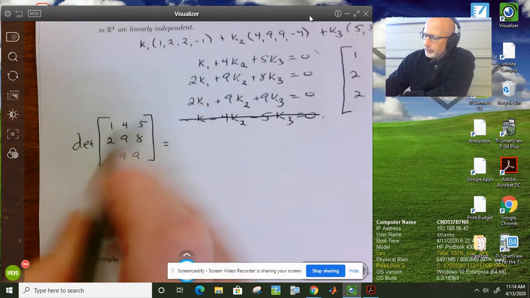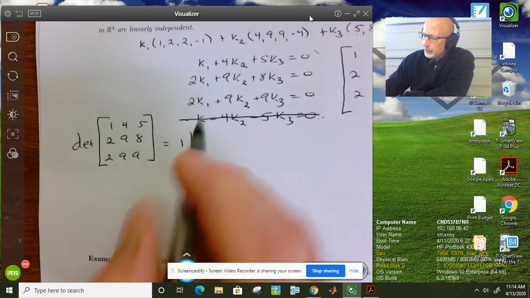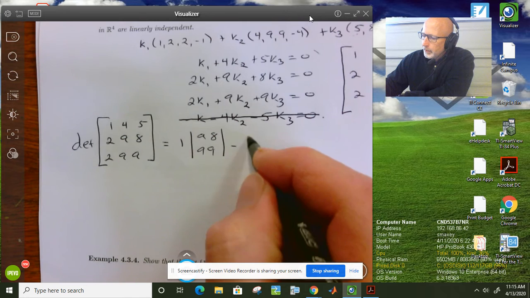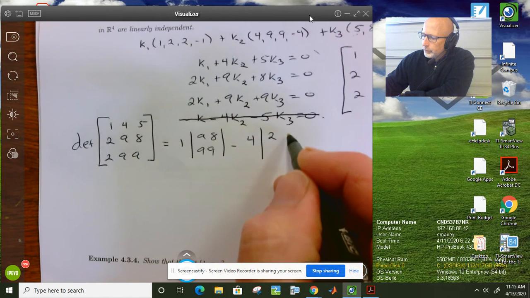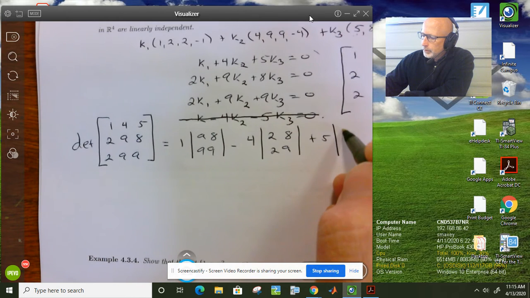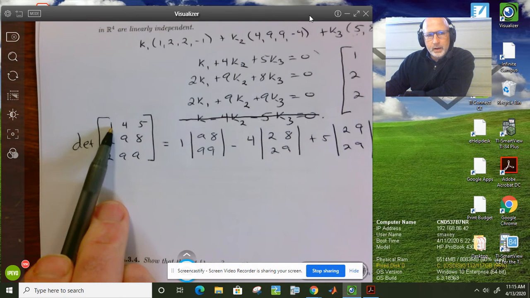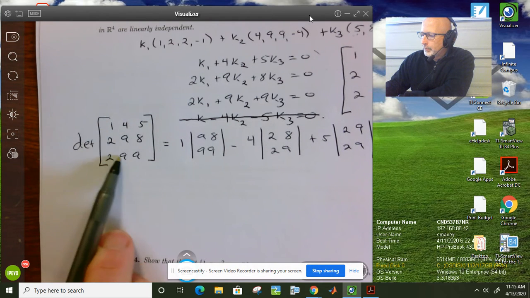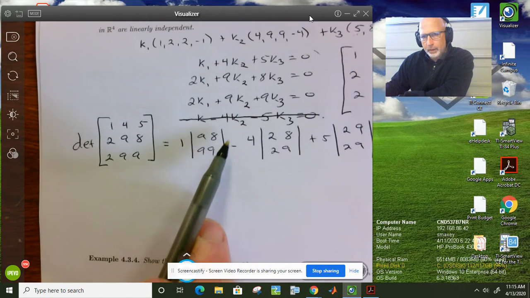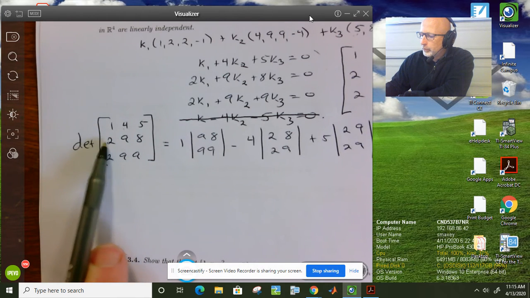Well, that's equal to, I'll just take the determinant along the top row. So 1 times the determinant of 9, 8, 9, 9, minus 4 times the determinant of 2, 8, 2, 9, and then plus 5 times the determinant of 2, 9, 2, 9. Going back here, when you pick 1, you get rid of that row and that column, and you're left with this, which is 9, 8, 9, 9. When you take 4, and it's always plus, minus, right? So you take 4, you get rid of this row, this column, you're left with 2, 8, 2, 9,